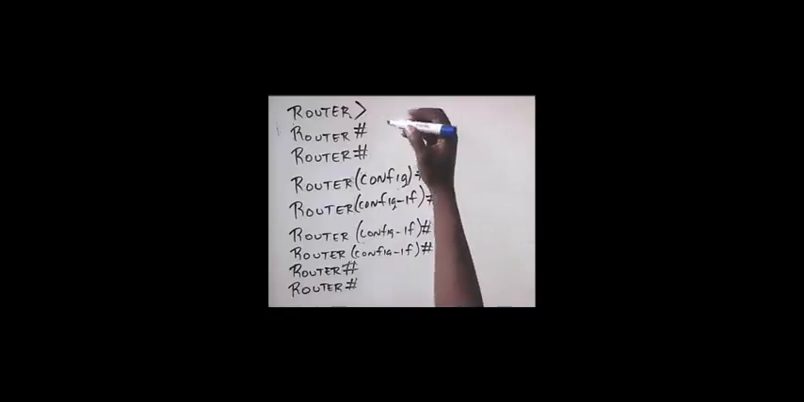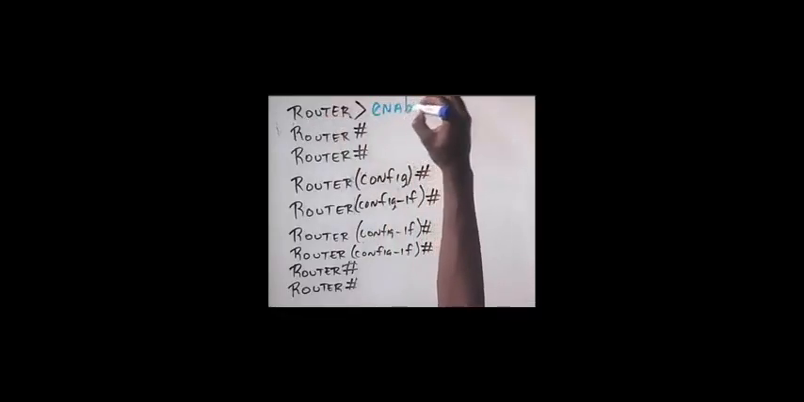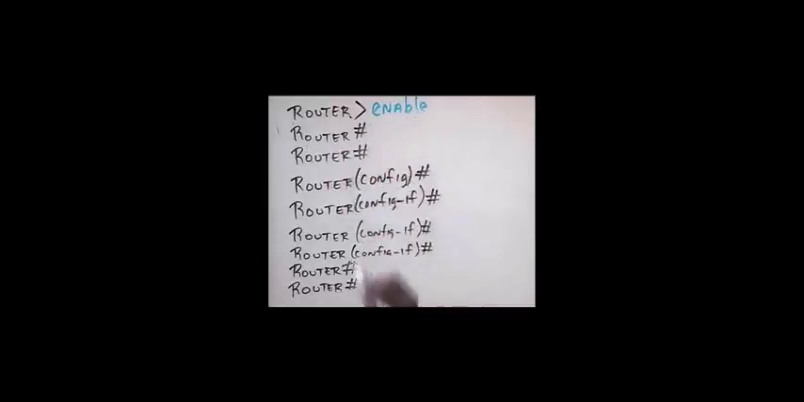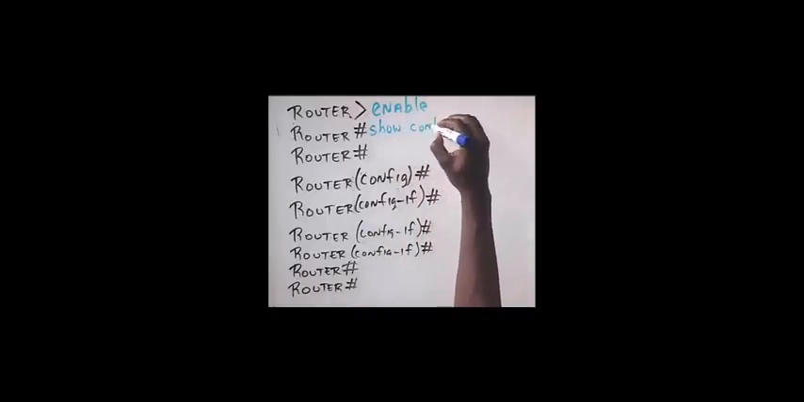Now let's take a look at how to configure our serial interfaces if we have our routers connected back to back via a serial cable. Assuming once again that we're starting from the user mode prompt, we would type in the word enable to put us into privilege mode. Here in privilege mode, you want to verify which end of the cable is plugged into the router that you're configuring. In order to do this, you issue the command show controllers